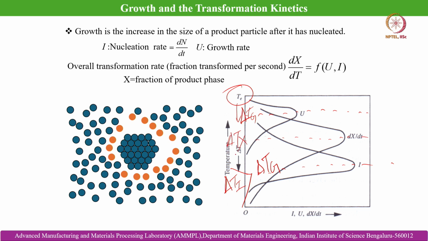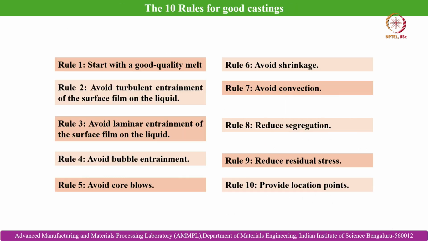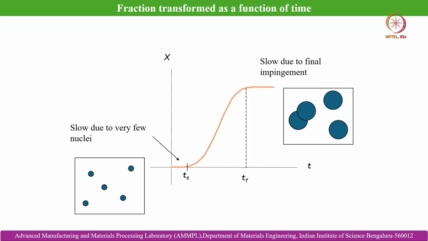So, if we write here, we can see that delta t nucleation maxima is greater than delta t transformation maxima, which is greater than delta t growth rate maxima. This is the relation that prevails in all the metals and solidifying alloys during solidification. This is basically just to show you how